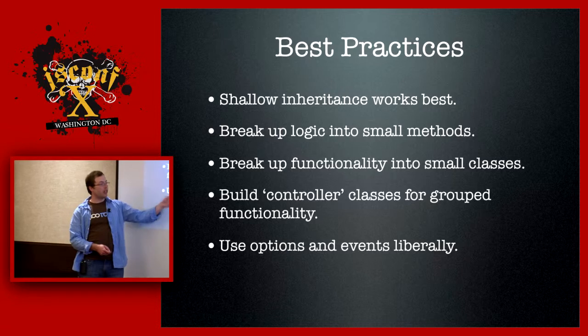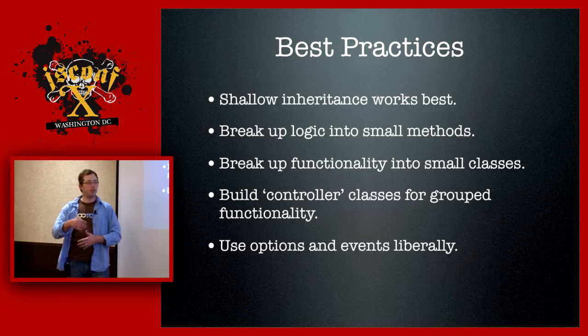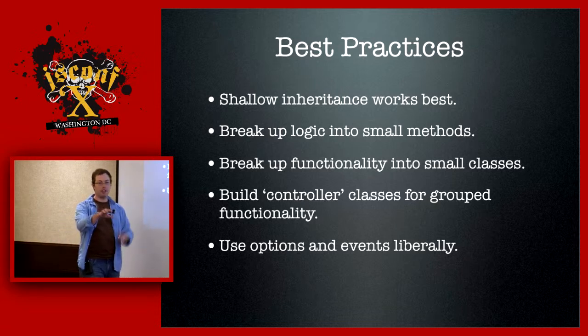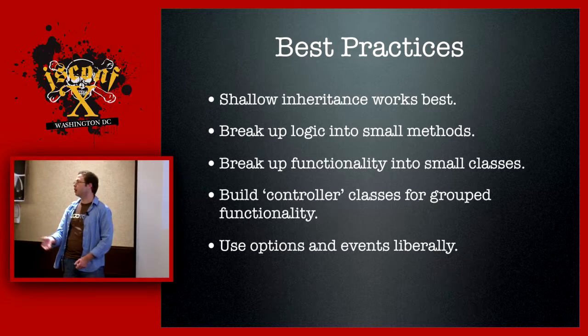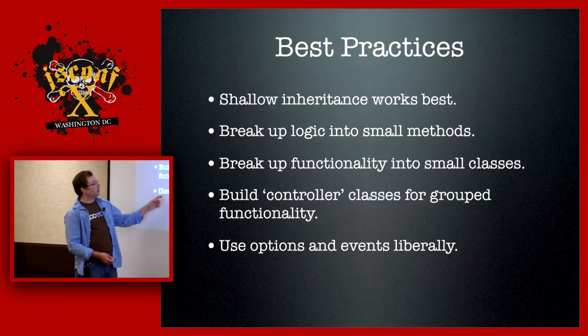And then you should use options and events liberally. I don't think I go into that really deeply in this talk, but the places where you want to extend these types of things is you want to be able to configure them in a multitude of ways. When I click on a different tab and it switches, maybe that's a function option that I can pass in that lets me decide whether it fades or it grows or whatever. When I click on the tab itself and it becomes the foreground, it gets assigned to some sort of class name. Maybe I can declare what that is instead of it being hard-coded in the class. It's got a default, but I can override it, that kind of thing. And so that's the sense of options.